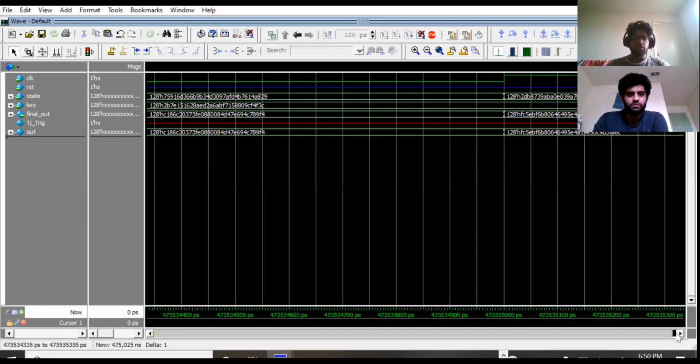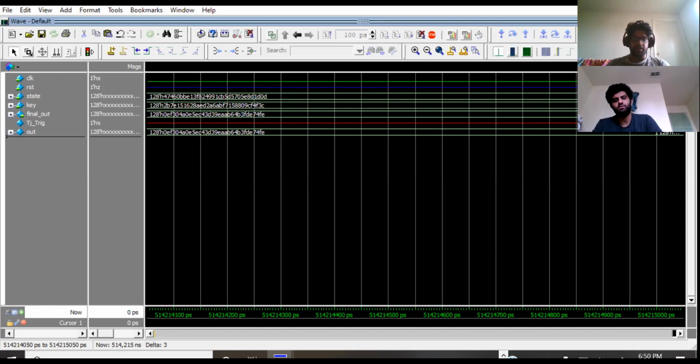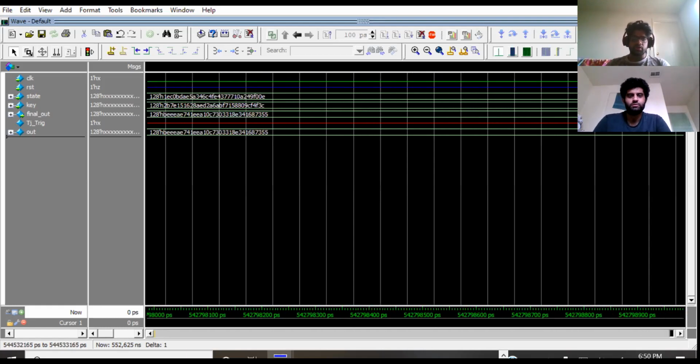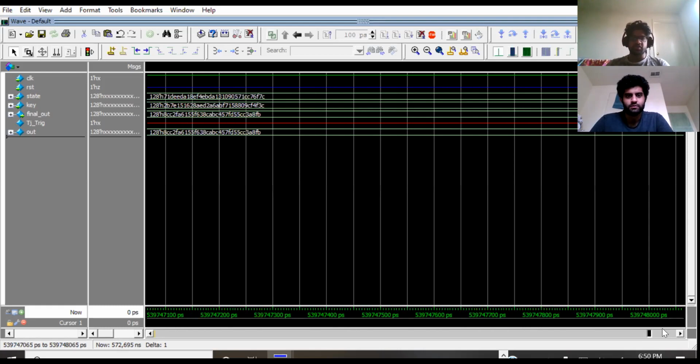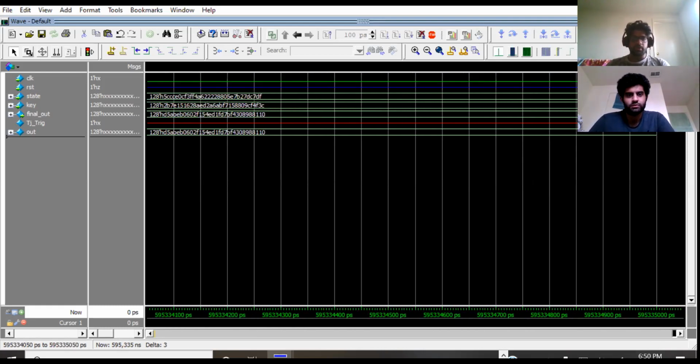From a normal operating point of view, this Trojan will never be activated, and this AES encryption would just work as usual. So this is what the design aims to show, that even for a large number of cycles, the Trojan is dormant.